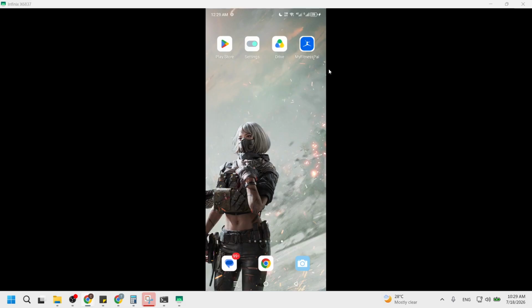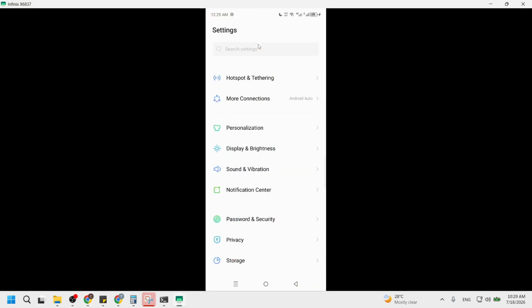Start by opening your device settings. This is where you can access all the important configurations for your device. On the screen, you will see a gear icon or a similar symbol representing settings. Tapping on this icon will lead you to a menu filled with various options.